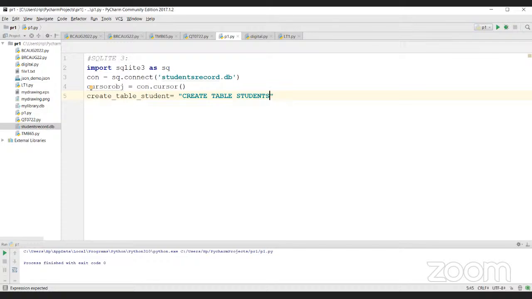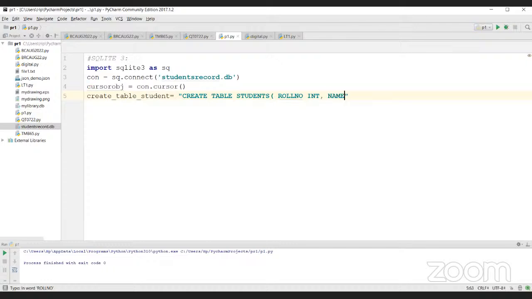Now here we need to add first the list of columns, and if they have any constraints, we need to add those. So I'm going to say roll number. The student table will have roll number, and what is the data type of roll number? One that we revisited earlier: integer, numeric we had, and then the text and the date, right? So roll number is of type int. And it doesn't matter here, this is case insensitive. Either small or capital, doesn't matter. So I'm saying create table students, roll number int,